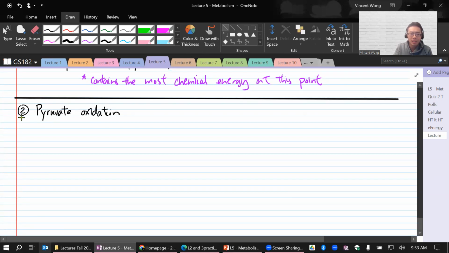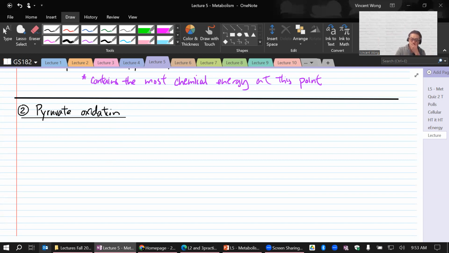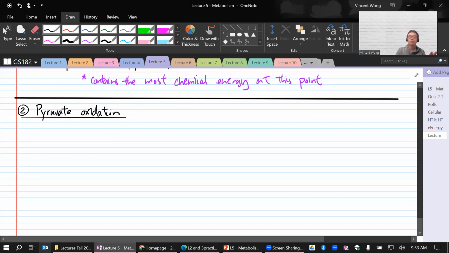Now, without me telling you anything, the name of this stage actually tells you what's going to happen. We got the pyruvate from the first step, and now we're going to oxidize it more. What does it mean to oxidize pyruvate? What are we going to do to it? The release of electrons. That's right. We're going to remove more electrons from it. So pyruvate molecules, you got 2 of them, remember,